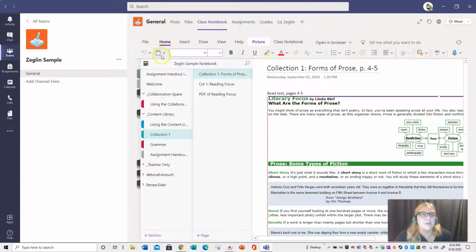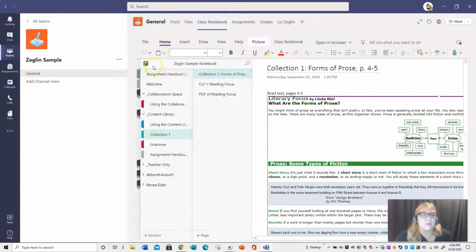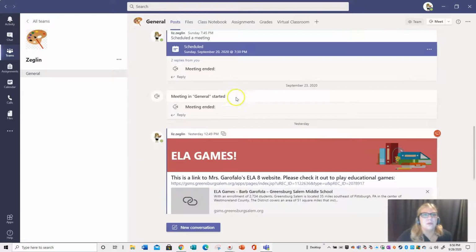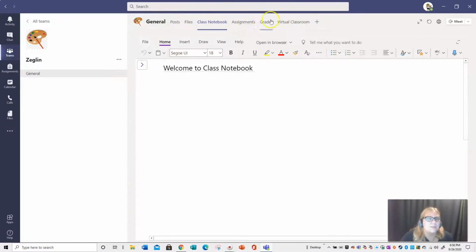Another thing I'm constantly telling people is about that navigation pane. Let's say I'm first going into my team. Let me just go to a different team to show you. And I go to class notebook. I'm finding that students are having the most difficulty just navigating through this. So they want to go to class notebook, and this is all they're going to see. And I usually